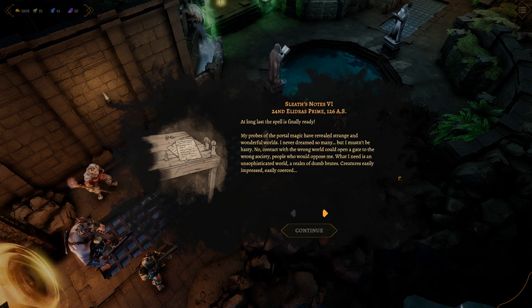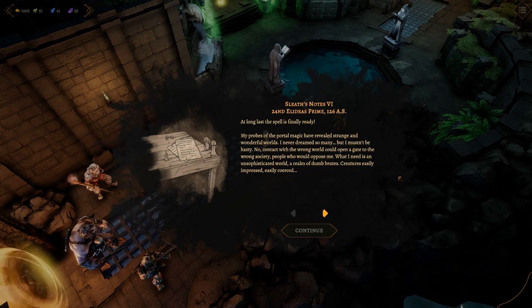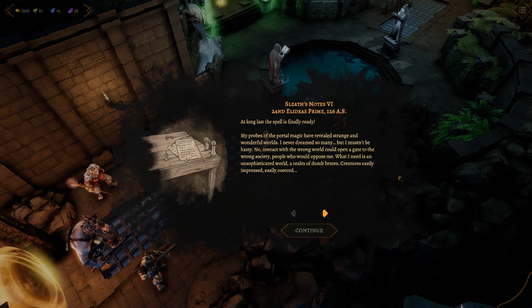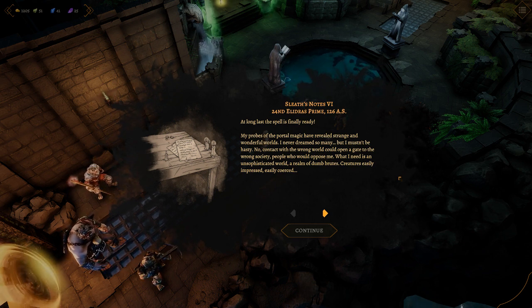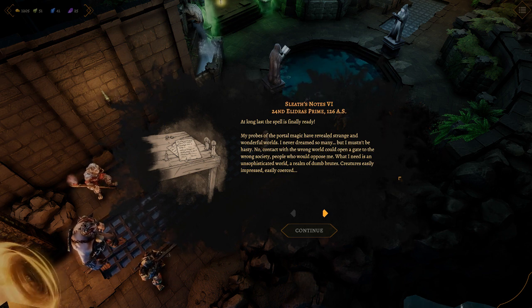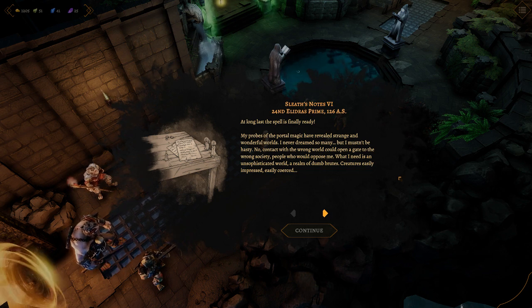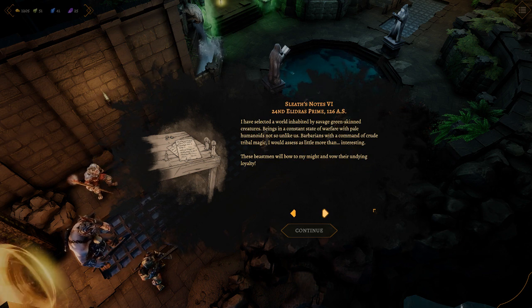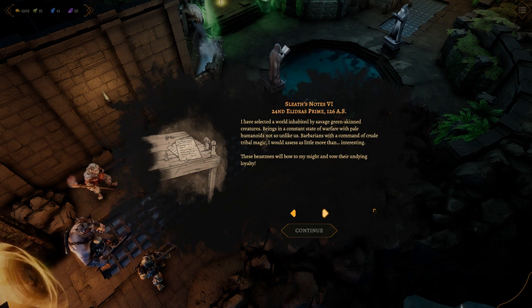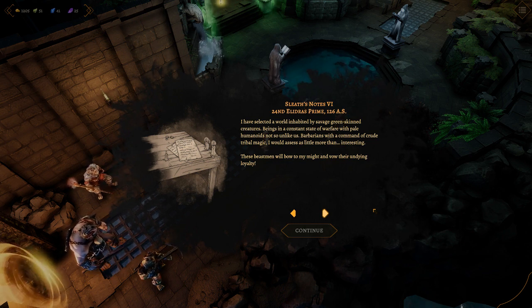Elidris Prime. At long last, the spell is finally ready. My probes of the portal magic have revealed strange and wonderful worlds. I never dreamed so many, but I mustn't be hasty. No, contact with the wrong world could open a gate to the wrong society, people who would oppose me. What I need is an unsophisticated world, a realm of dumb brutes, creatures easily impressed, easily coerced. I've selected a world inhabited by savage, green-skinned creatures, beings in a constant state of warfare with pale humanoids not